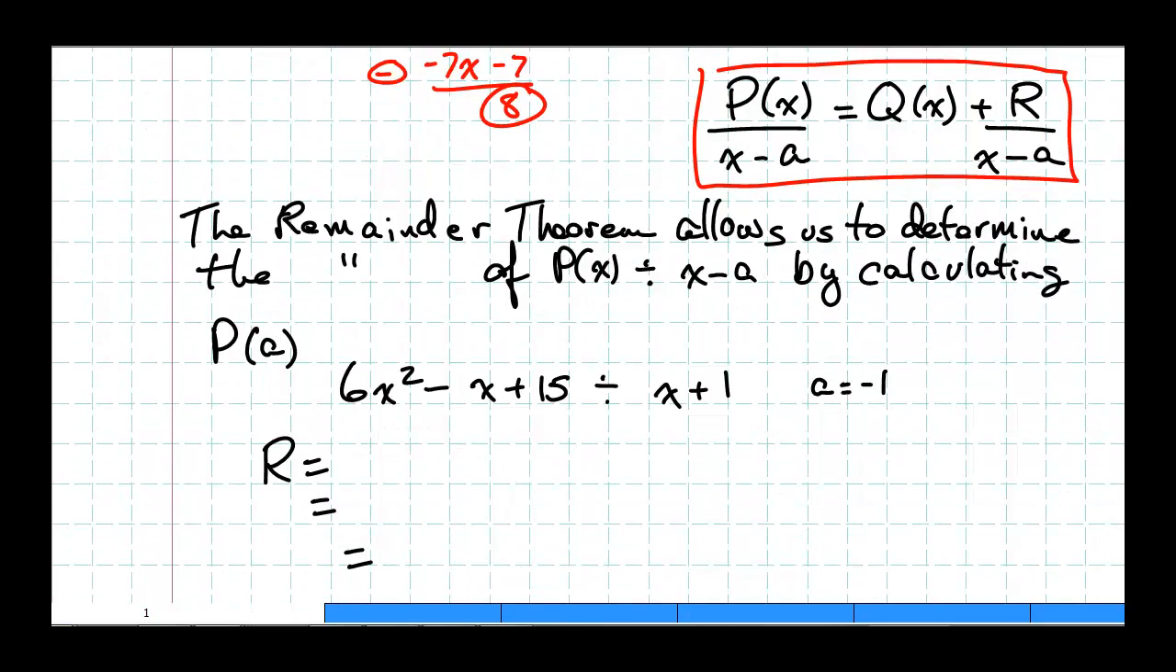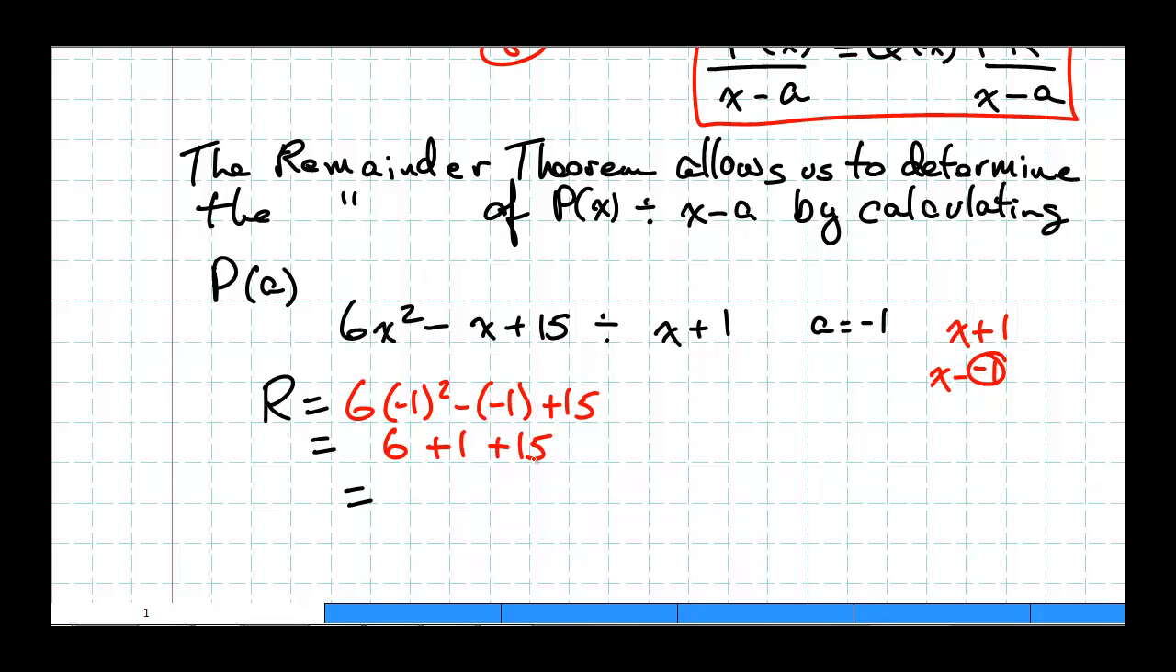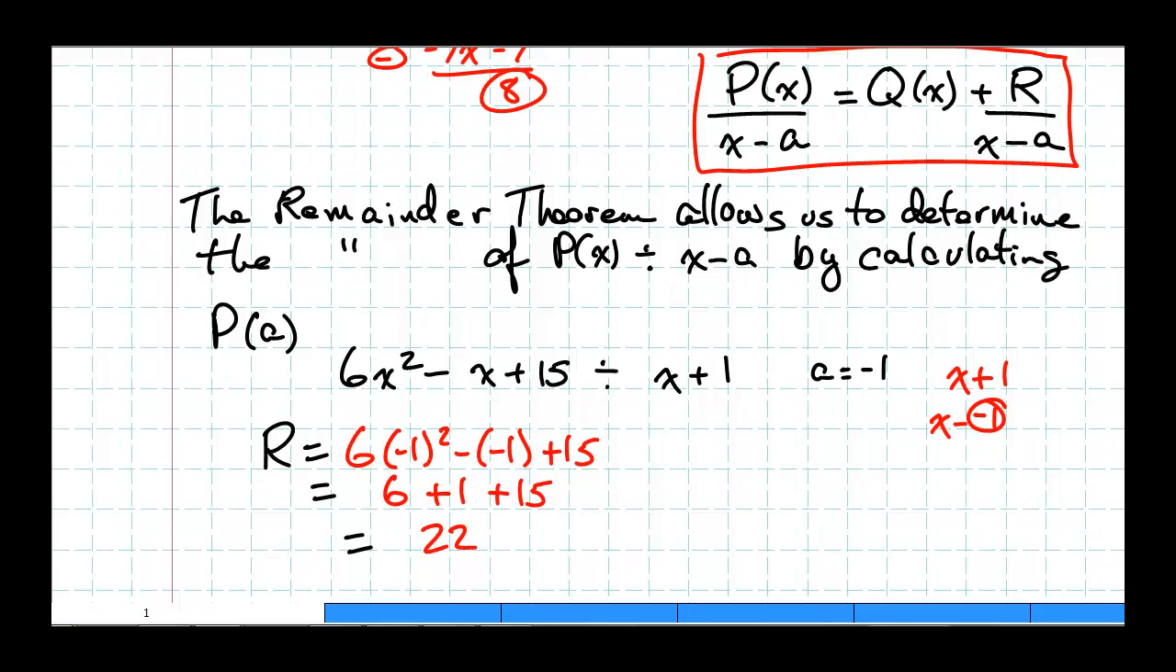So we moved on to talk about the remainder theorem. The remainder theorem allows us to determine the remainder of some polynomial divided by x minus a by calculating p of a, meaning substituting the a value into the polynomial. So for 6x squared minus x plus 15 divided by x plus 1, my a value is negative 1. Remember, x plus 1 is like saying x minus negative 1. That's my a value. So this becomes 6 times negative 1 squared minus negative 1 plus 15. Negative 1 squared is 1, and 6 times 1 is 6. 6 minus negative 1 is like saying 6 plus 1, and plus 15. So 7 plus 15 gives us 22, a remainder of 22, which, if I look back here,